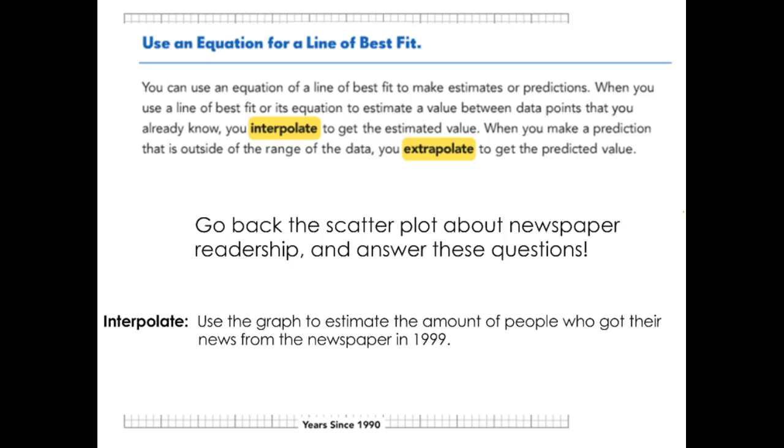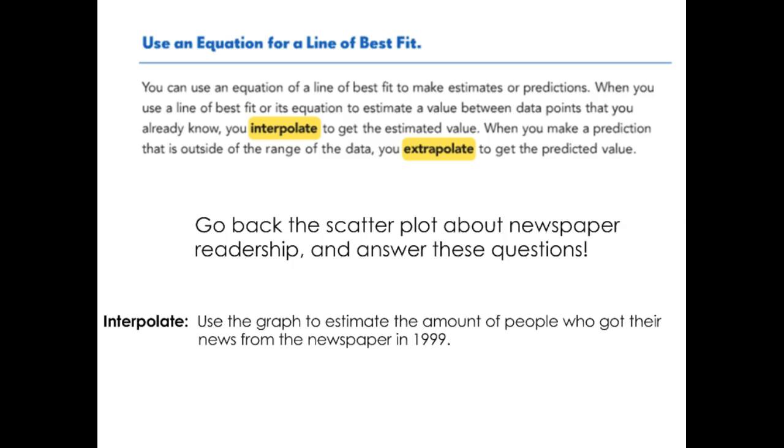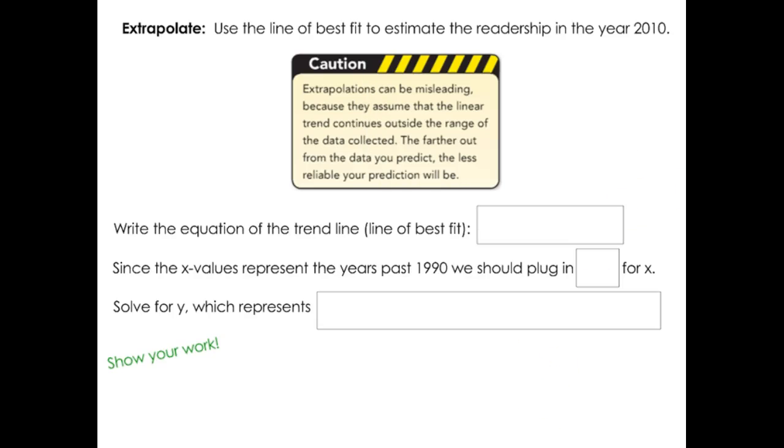So let me go back to this, and we're going to answer 61%. And all we did was look at the graph. So let's see what they're asking for next. Now it says extrapolate. It says use the line of best fit to estimate the readership in the year 2010. So that would be beyond the data they collected. Remember, 2006, I think, was the last year that they had a piece of data. And we want to go beyond that. So that's why it's called